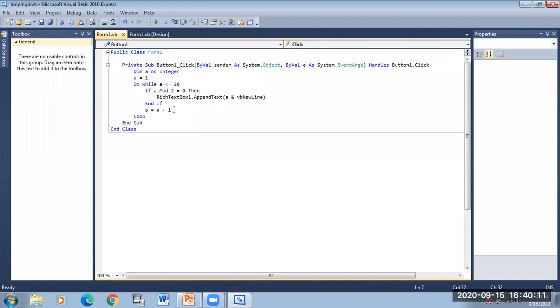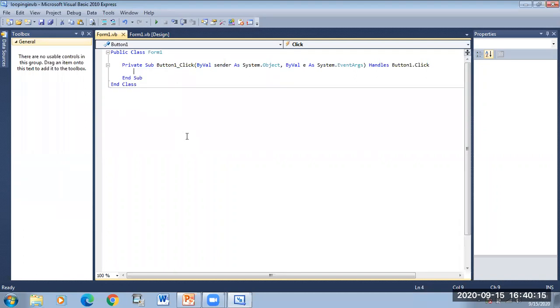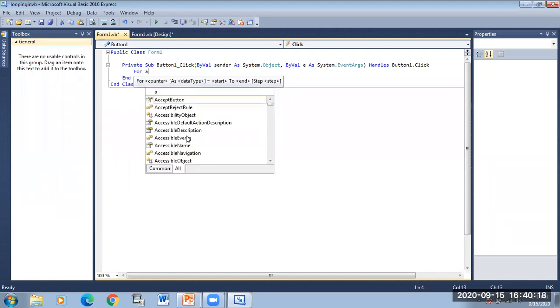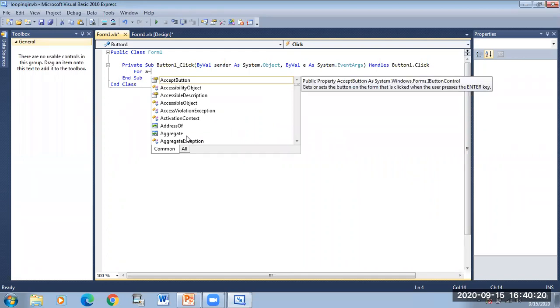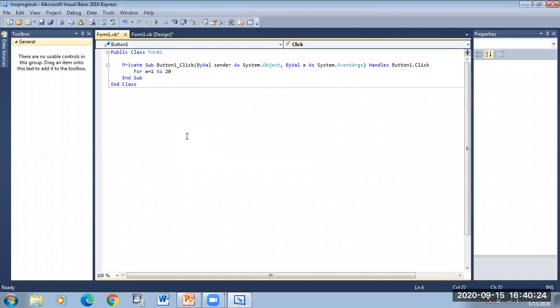So now I will use the For loop to find the even numbers. For A is equal to 1 to 20. If A modulus 2 is equal to 0. If we divide A by 2 and get remainder 0, then